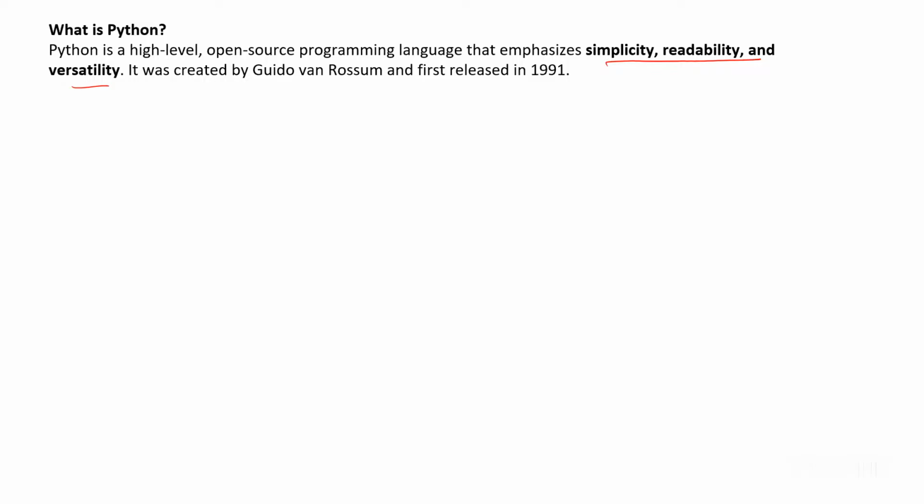Easy to write and readable for simple code, and understandable. Simplicity means it is very simple to write, and readability means we can say that it is like English. Whatever commands we give, like in an Oracle database, are actually English. We put them in the SQL query.